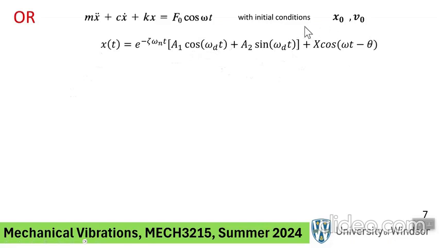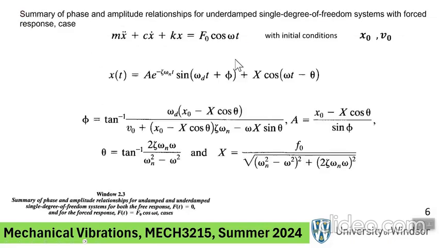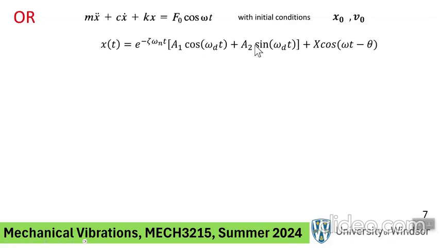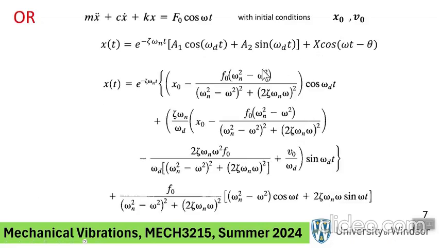So another way of doing this is to say, okay, I know these, plug it in there, get A1 and A2, differentiate it, plug in t equal to 0, get another equation involving A1 and A2, and I'm going to solve for A1 and A2 this way, instead of solving for big A and the phase angle phi. We're saying that we can do it like that. Algebra,